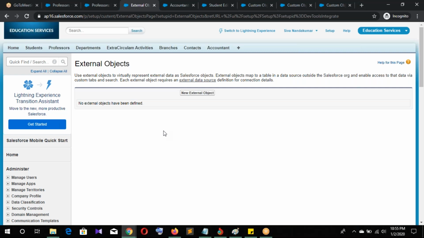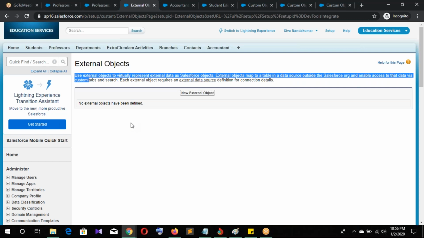They have practice sessions and some exercises also. In Trailhead, Salesforce has given an external package and some external objects also. So should I go to Trailhead to do this process?